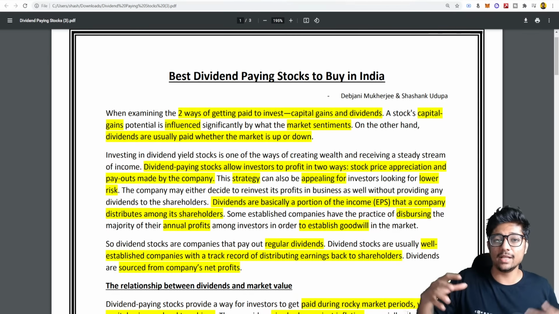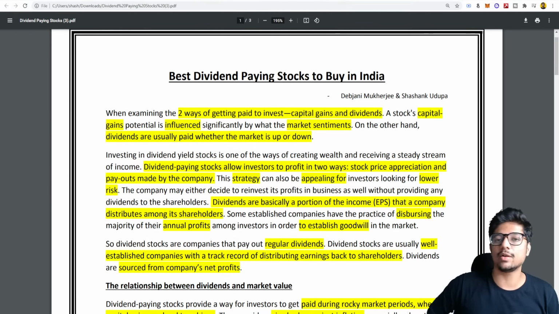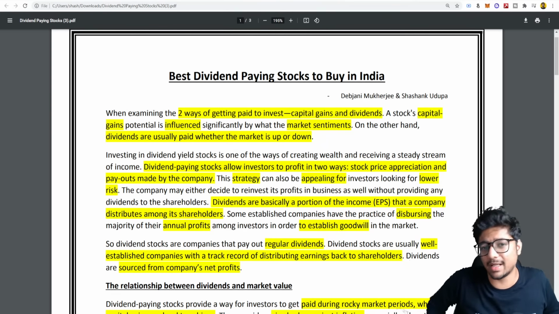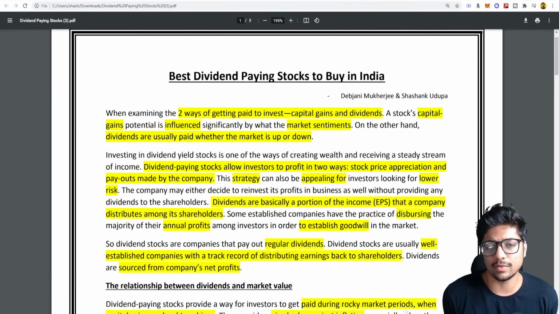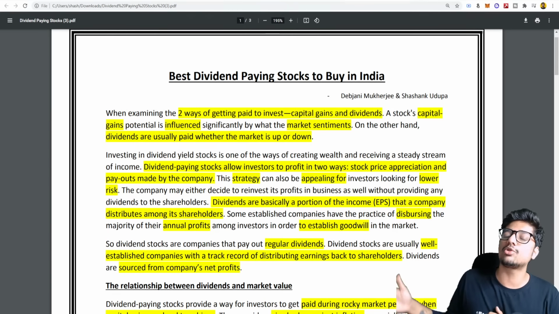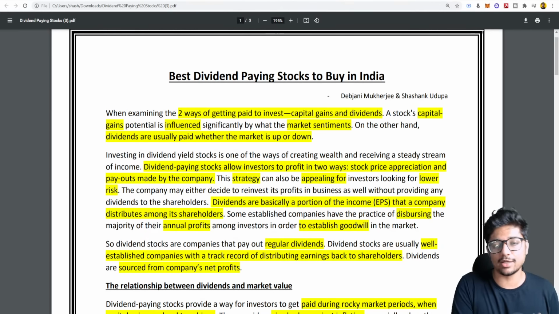So I'll buy 1 crore, 2 crores worth of a few shares, and whenever the dividends come, I get a lot of money in my bank account over the year, which is useful for my expenses, because now I can't go earn. My leg is gone, or my hand is gone, or my head is gone. I'm too weak to go out and make a living right now. So dividend investing is mainly used by people who have a lot of money and want regular income. If you get a lot of money earlier on, even better.